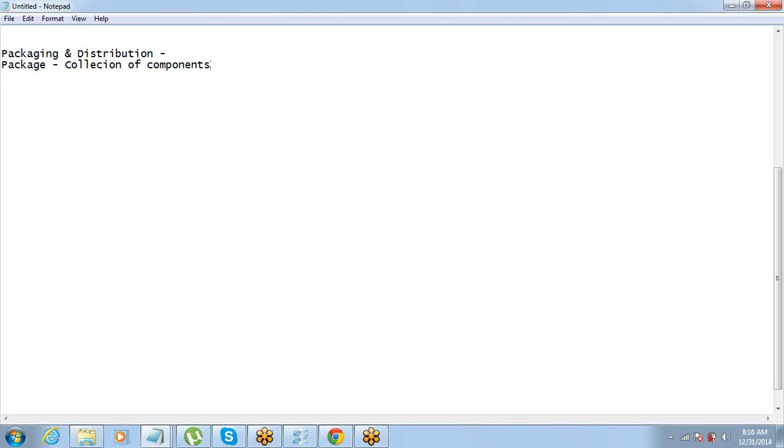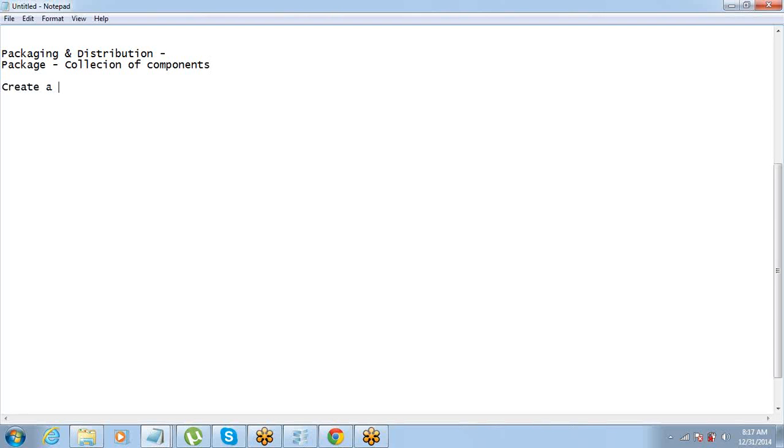See, basically when we talk about an app, it has so many things in it, right? It has the fields, the objects, the applications, the tabs, the workflow rules, so many things that are there in the app. So this package is basically the collection of those components. Let's say if I ask you, please give me this app, you'll have to create a package first, put all the components of that app in that package, and then you will